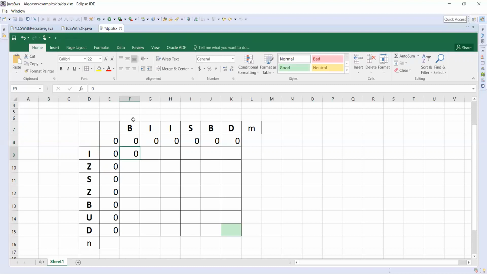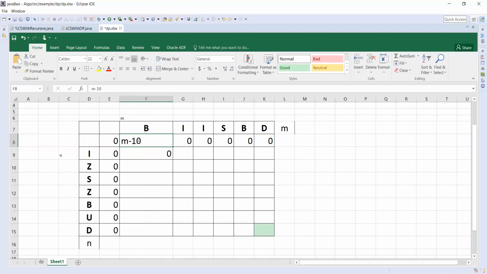For example, this is our M, and this is our N. So this will be nothing but m minus 1. Decrease this one.